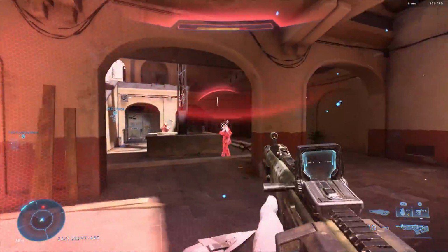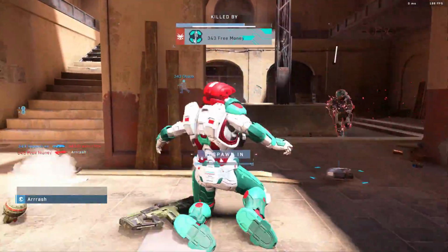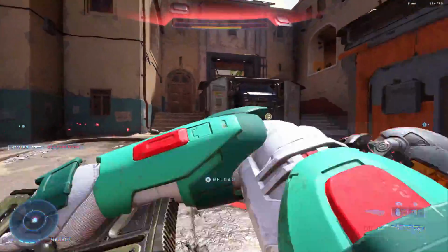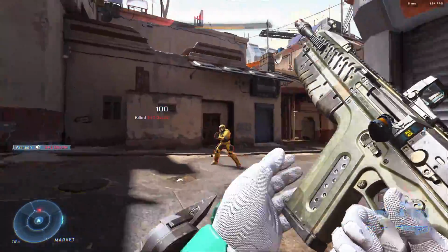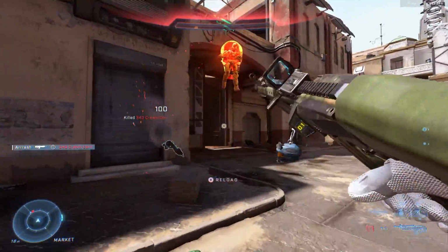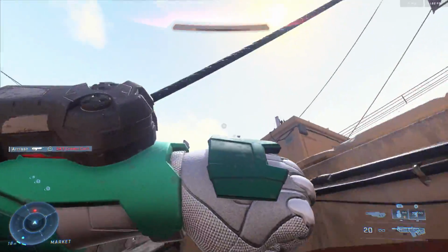Now, technically in a perfect world, the Commando does have a faster time to kill than the Battle Rifle, but in practice this rarely happens, and in most cases the Battle Rifle is usually just a better option than the Commando. Now, in ranked specifically, the Commando can sort of be used as a longer range assault rifle